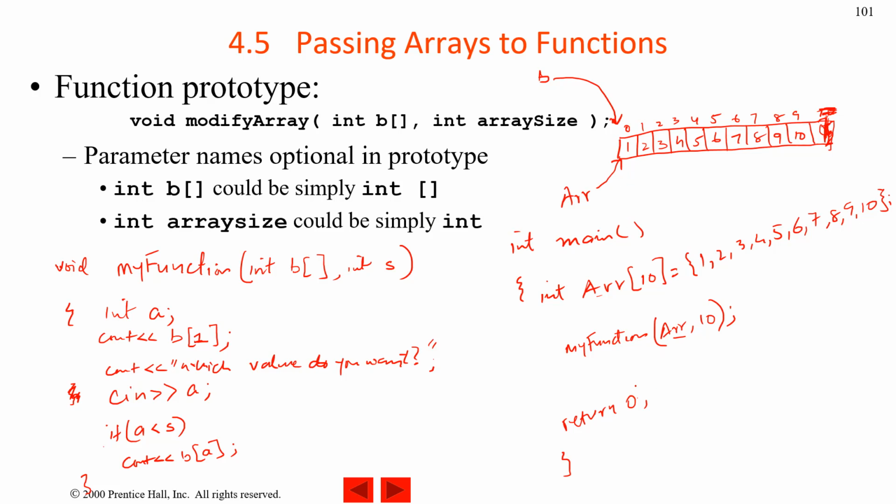सो अगर मैं यहाँ पे सी आउट करता हूँ एरे ऑफ 5, तो इस एरे ऑफ 5 की जगह क्या होना चाहिए? सी आउट 6, ये वाली वैल्यू सी आउट हो जाएगी। अगर मैं यहाँ पे कहीं पे जाके सी आउट और बी ऑफ 5 करता हूँ, तो ये भी इसी एरे में जाके इसी 5 लोकेशन पे इसी 6 को सी आउट करेगा।